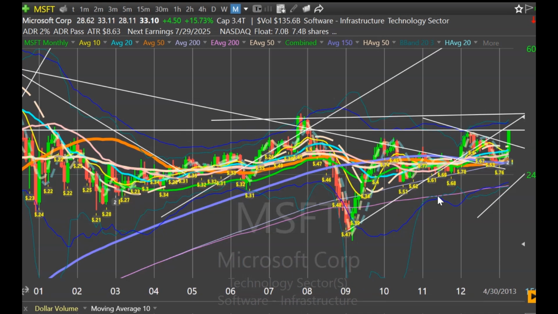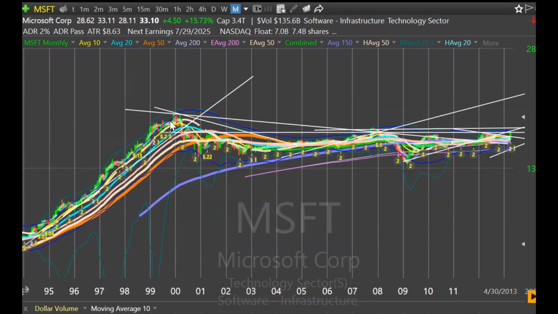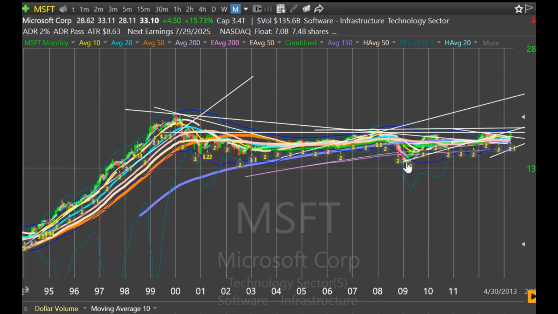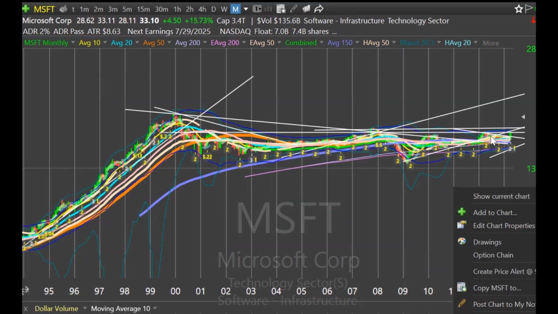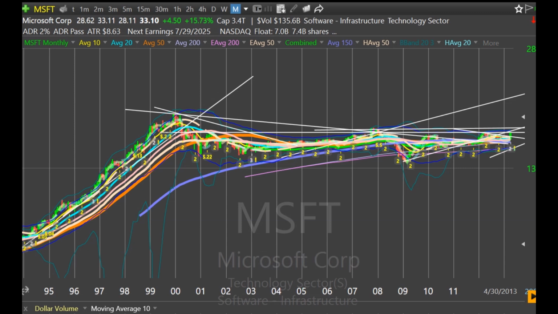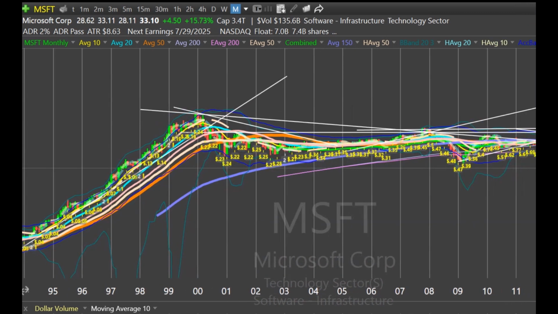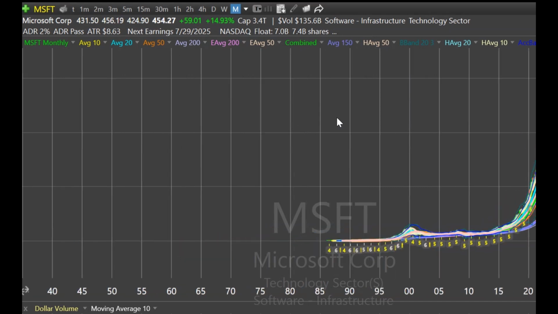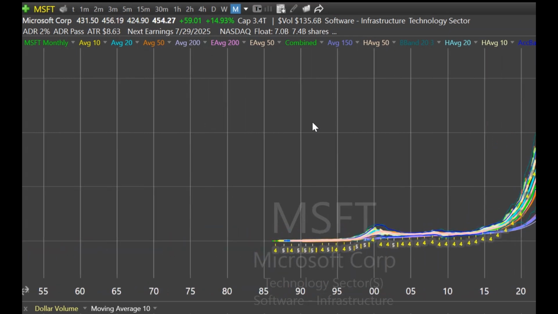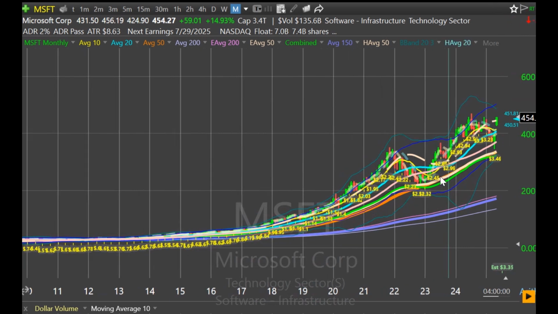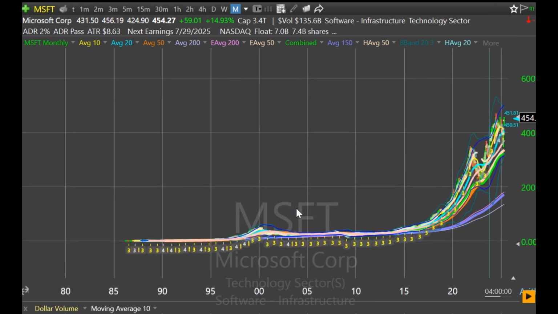Now, it doesn't look like much the way I have it set up, but Microsoft lost a value of 65% over that period. If I were to do an arithmetic based chart here, you would think Microsoft is a lot more out of control than it really is. But it's not correct really.